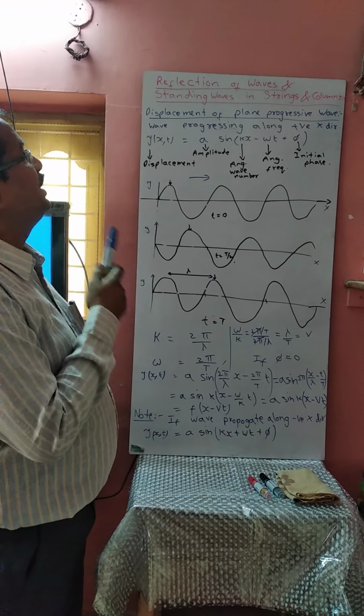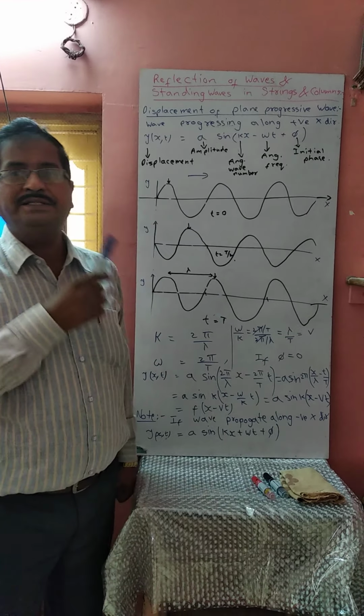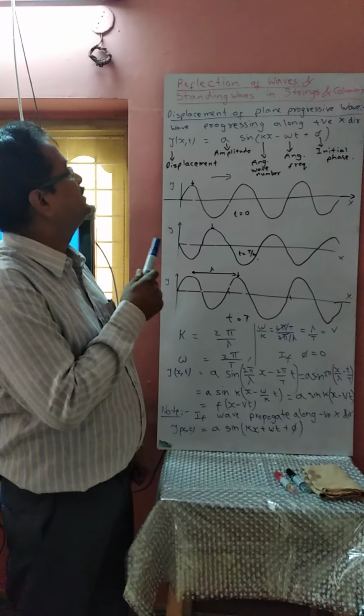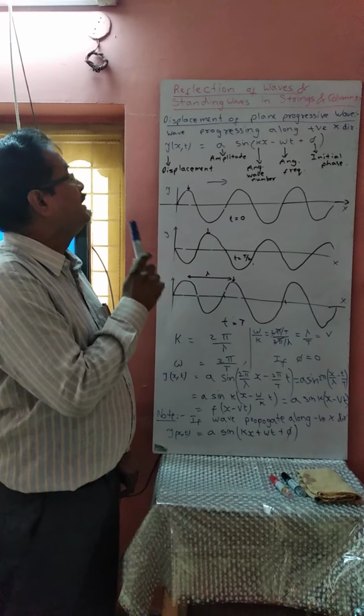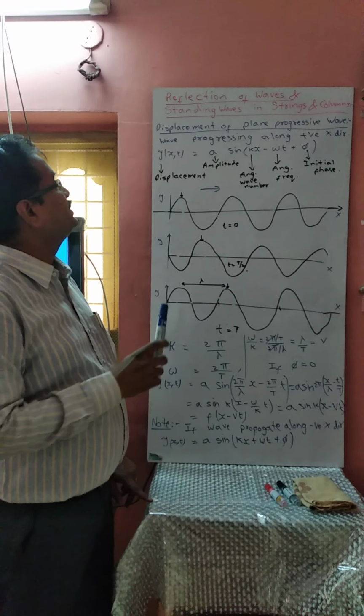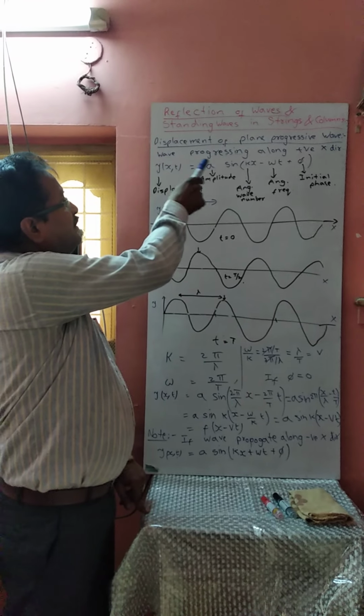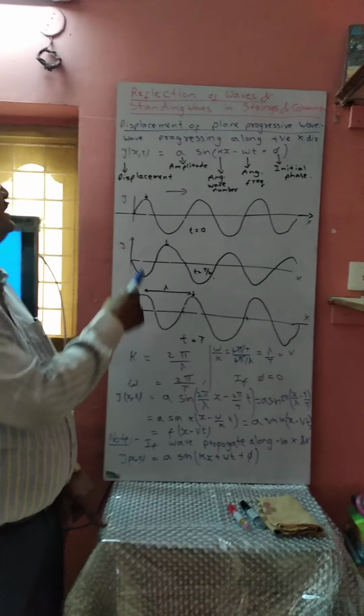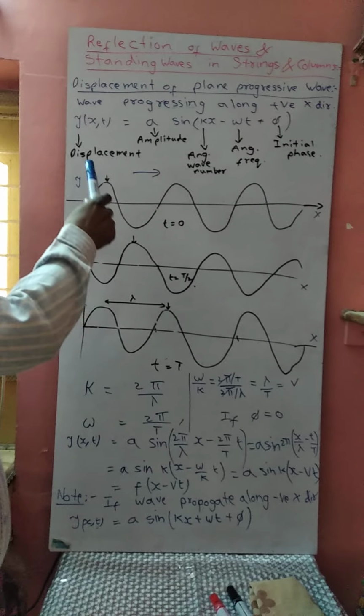Today we are going to study about reflection of waves and standing waves in strings and columns. Before going to the topic, we must have the concept of displacement of plane progressive wave and its equation. We already know if the wave is progressing along positive x direction, then it is represented by y(x